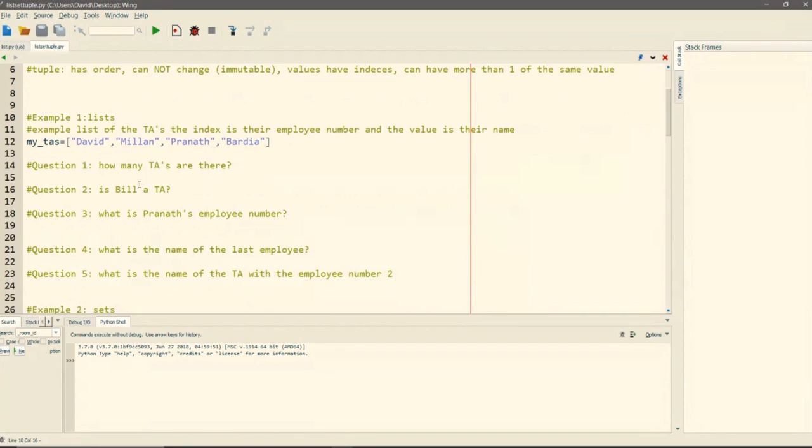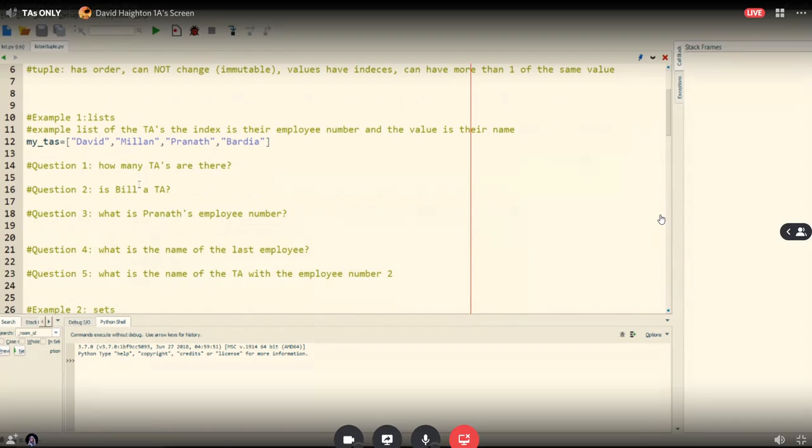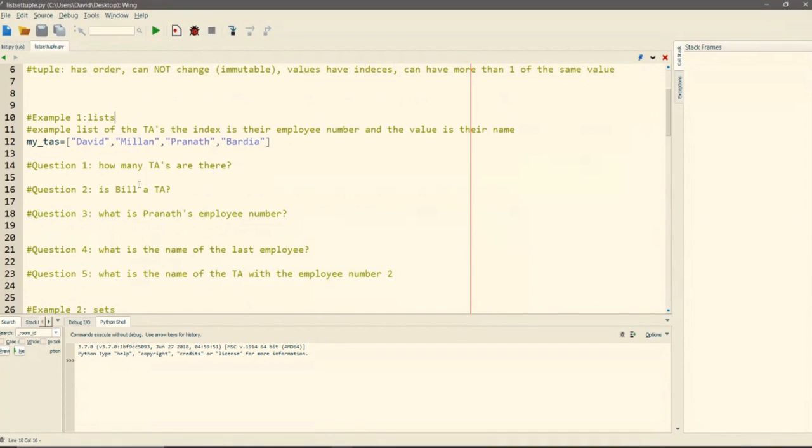Tuples start with T, just like tattoos. Tattoos, once you make them, you can't change them. So that's how I remember tuples: tattoos. And sets start with S, I think of them like soup. When you have a soup, you don't know the order in which your things are added in there. You just kind of have it. And adding salt and then continuing to add salt is not necessarily going to have a large effect. So I use soup and sets to help me memorize things. Making little mnemonic devices like this could be helpful. Just a nice thing that I made up while staying up late at night.